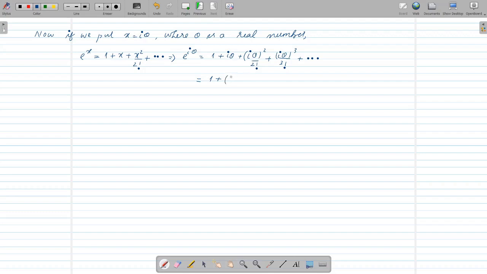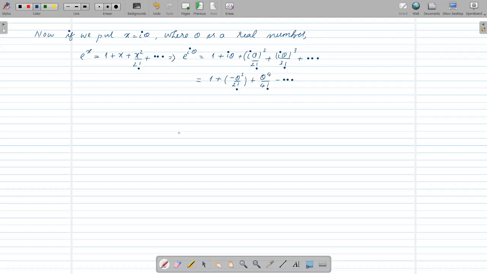So that will be minus theta square by 2 factorial. Then you will get a real number from the next term after the power 3. So that will be theta raised to 4 by factorial 4